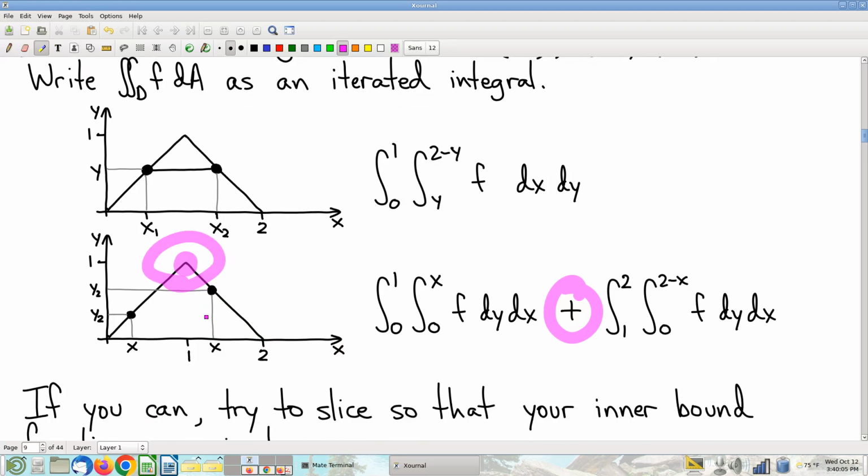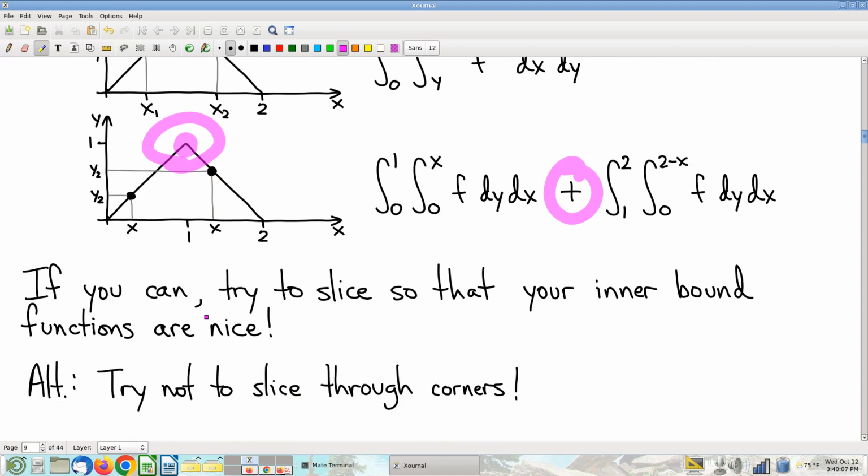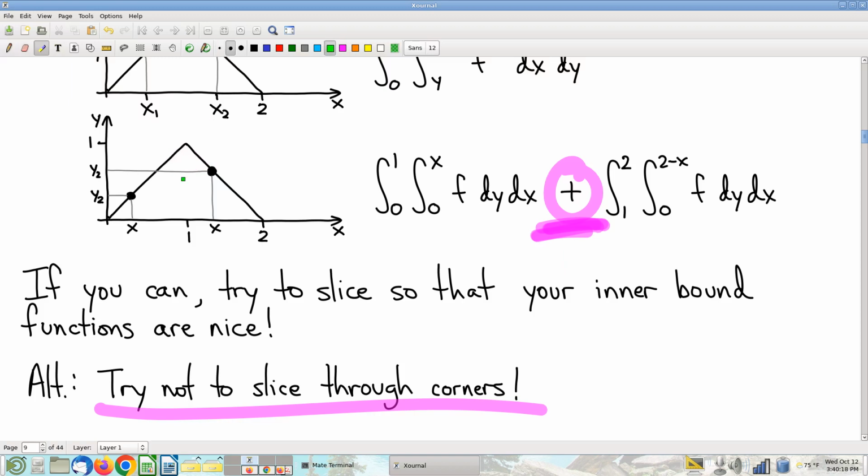So this is my sort of rule of thumb. Try not to slice through corners. So, in other words, you can kind of anticipate this happening, having two separate integrals, at the very start when you say, alrighty, I'm going to do my X slicing. My X slices look like this. And boom, right there, I've sliced through a corner,